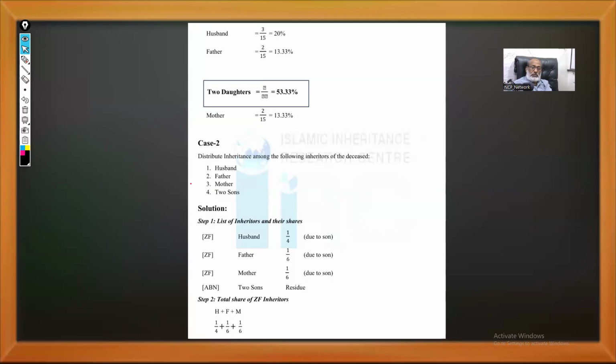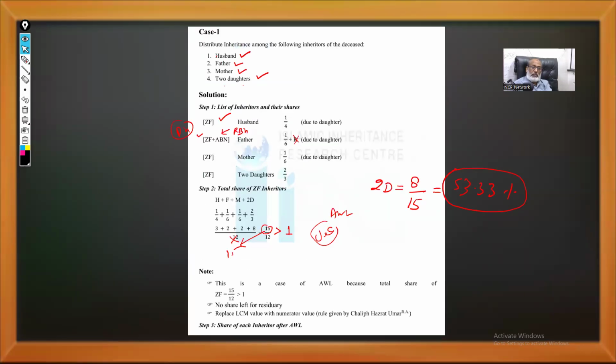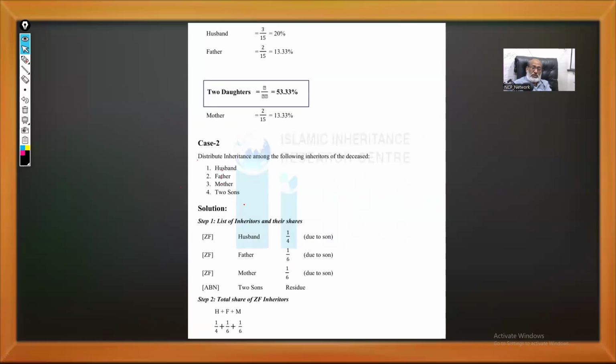Husband, mother, husband, father, mother is the same. Husband, father, mother. Instead of the two daughters, if we are taking the two sons, then how much share will the two sons get? Husband 1/4 due to the presence of the kid, father 1/6, mother 1/6, and the two sons will get the residue. So when you simplify this one,